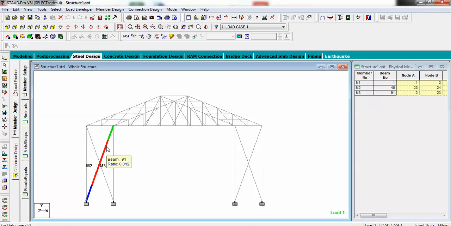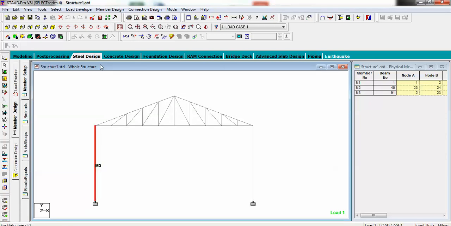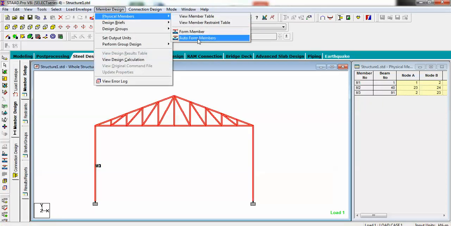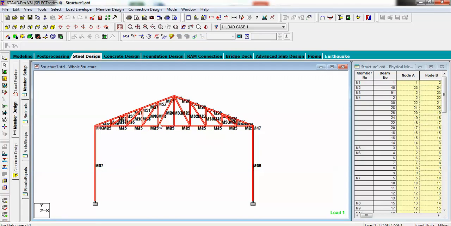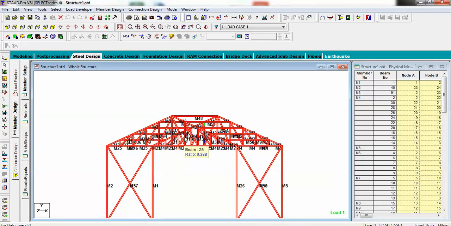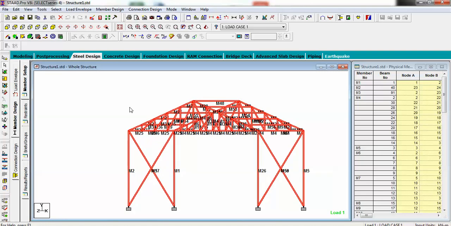But if it is a very big structure, then it will be a very tedious thing. So just to avoid that, we select the entire model and use member design, physical member and auto form member. What it will do is automatically create members from your design. Now you will see all beams number 2, 30, 28, 26, 27, 22 are now member number M4. You will see here